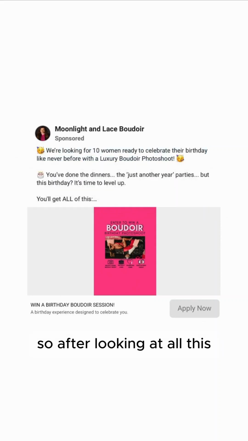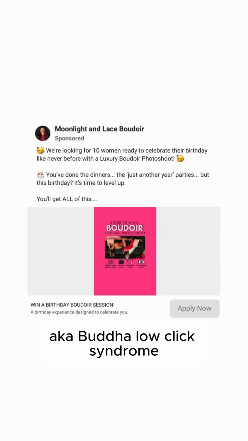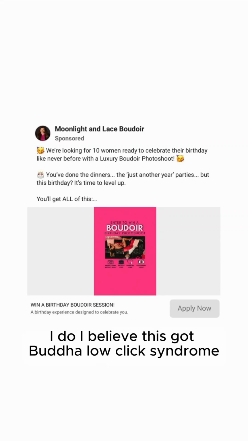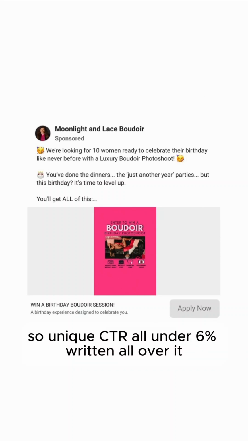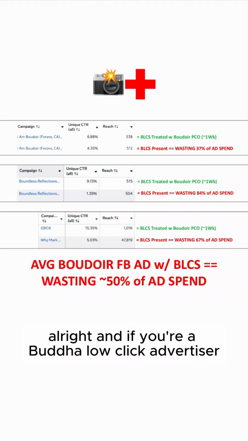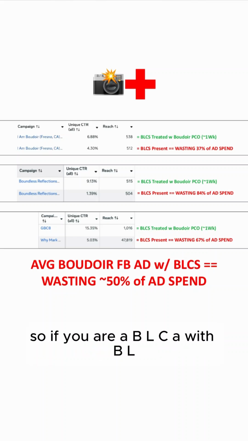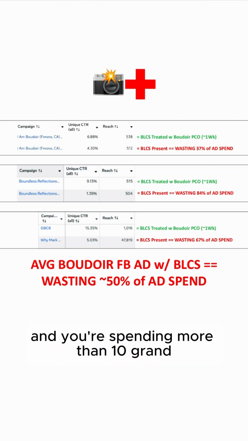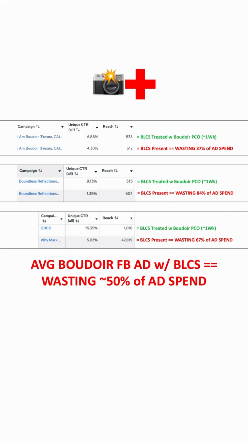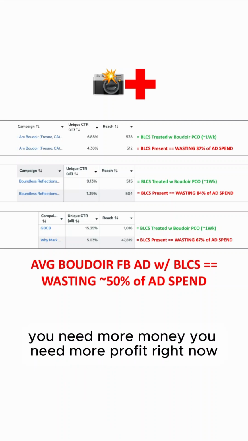So after looking at all this, do I believe this Boudoir Facebook ad has BLCS, aka Boudoir low click syndrome? Yes, I do. I believe this has got Boudoir low click syndrome. So unique CTR all under 6% written all over it. All right, and if you're a Boudoir low click advertiser with Boudoir low click syndrome, so if you are a BLCA with BLCS and you're spending more than 10 grand a month on Boudoir Facebook ads, and you've decided you got to pull more efficiency out of the business right now, you need more money, you need more profit right now,